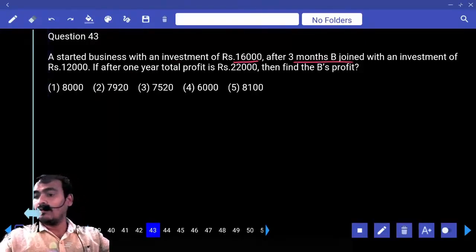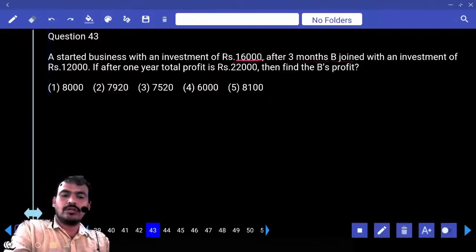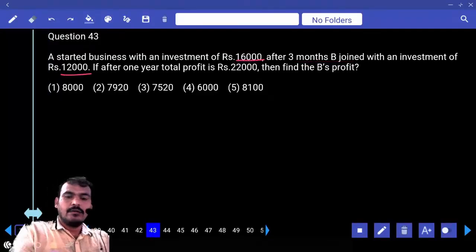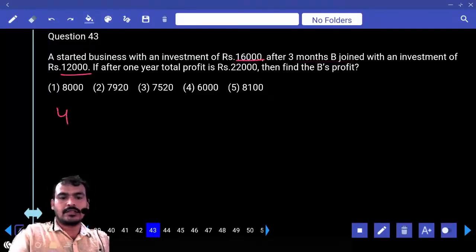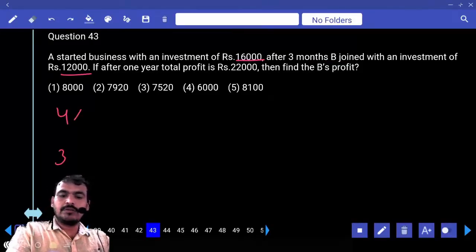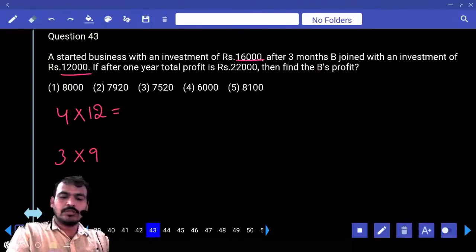B joined with an investment of 12,000. 16,000 and 12,000, what is the ratio? 4:3. That means A's investment is 4 parts, B's investment is 3 parts. But A invested for how many months? 12 months. But B invested for 9 months. 4 12s are how much? 48. 3 9s are